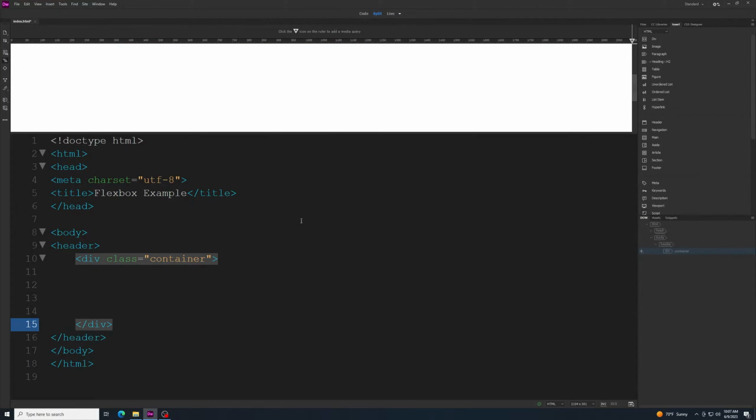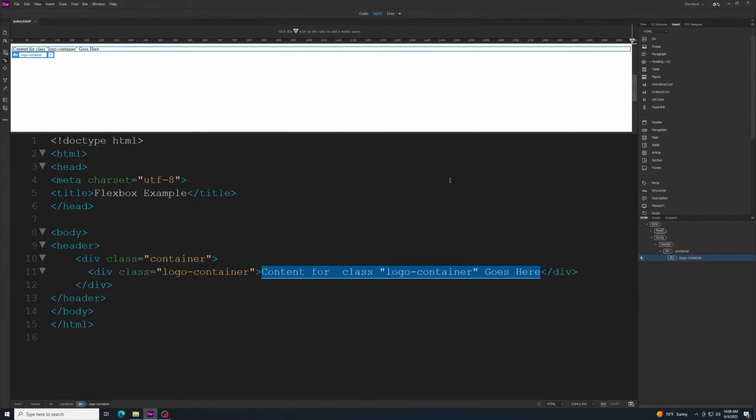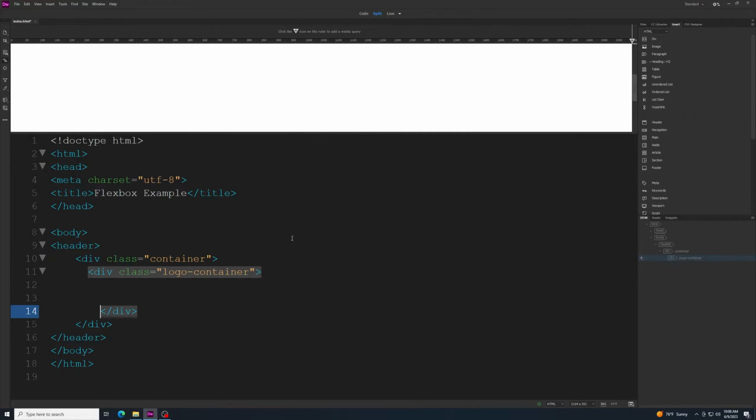We'll return that down a few times, and then in that container we're going to make yet another div, and this div is also going to have a class. This one here we will call logo hyphen container. So it's a logo that is in the container, and we can click OK. We'll return that down a little bit, and then if I go down into that logo container, I'm going to use a hyperlink. So I'll use my A tag in there, and